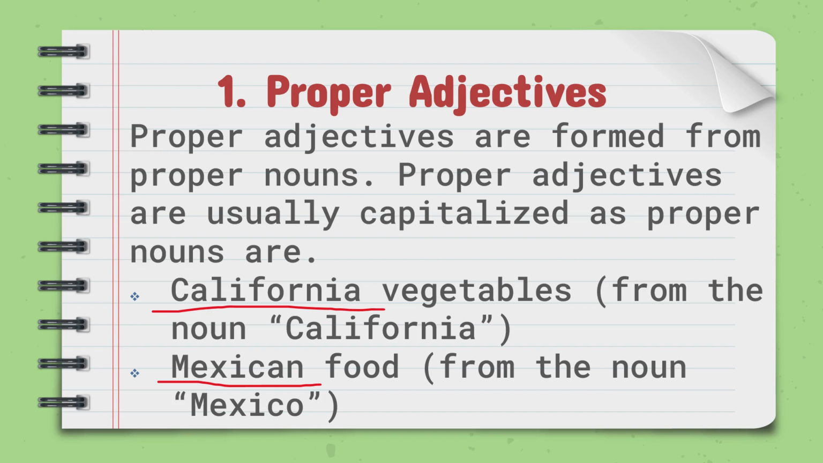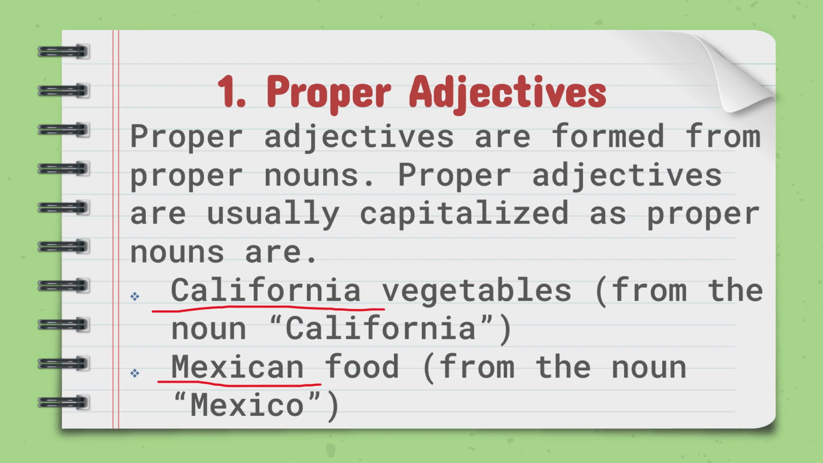So इसका मतलब ये है कि proper adjectives हम proper nouns से form करते हैं, उनसे बनाते हैं। और जैसा कि हमने पहले पढ़ा था कि proper nouns को हमेशा capitalize किया जाता है, proper adjectives को भी usually capitalize किया जाता है। अब इसकी examples देख लेते हैं। California vegetables, यहाँ पे word California जो है वो proper adjective